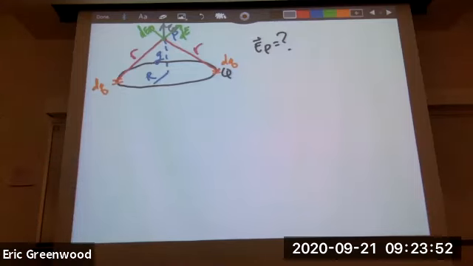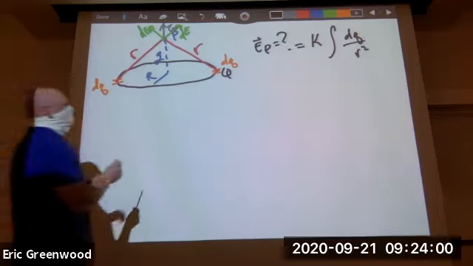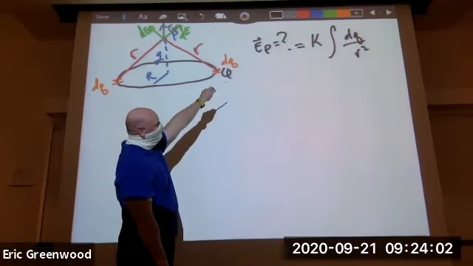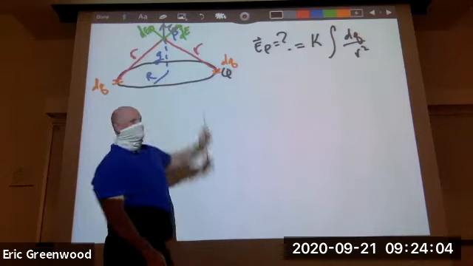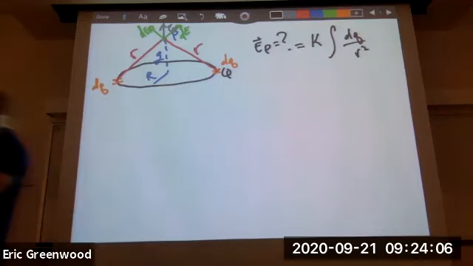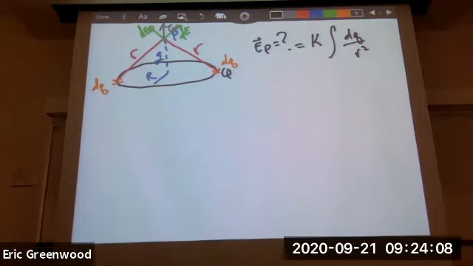Good. So what we just learned was that this is equal then to k times the integral of dq divided by r squared. However, we now know that the electric field at point P only points in the vertical direction, which means I have to tack something onto this which says it only points in the vertical direction, which means we need to put a trig term on. So if I define this angle here as theta, meaning I define this angle here also as theta, because those two angles are the same,